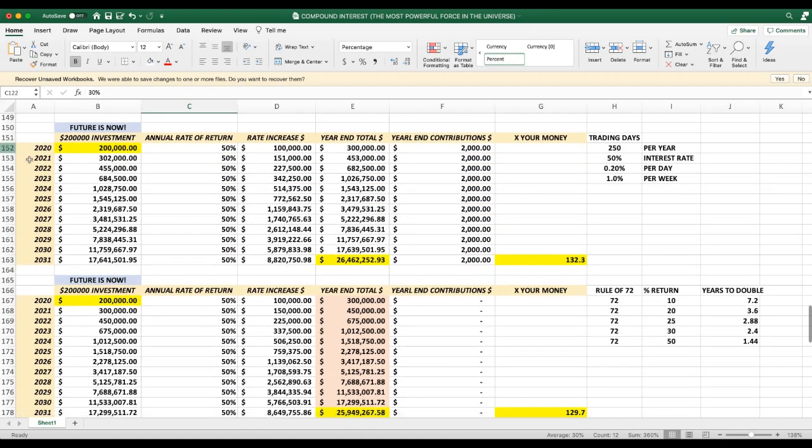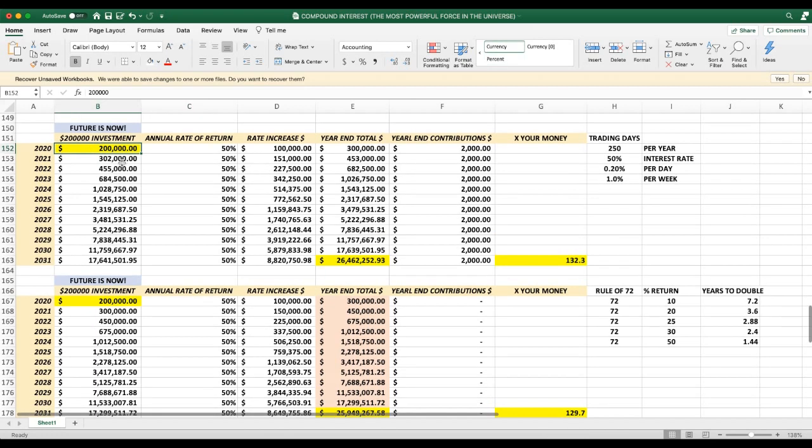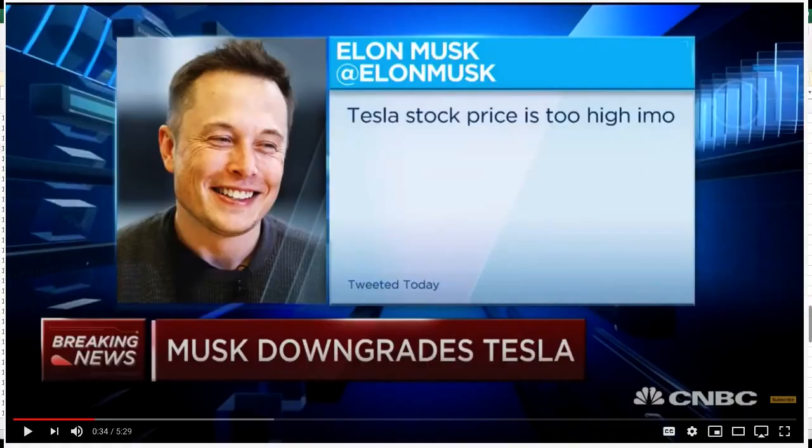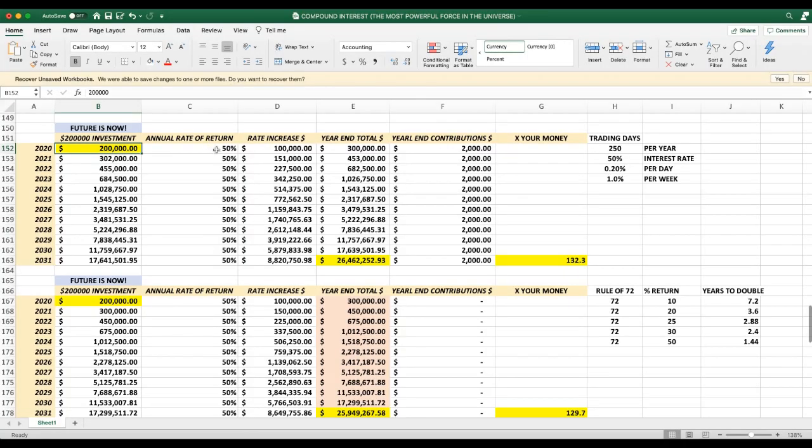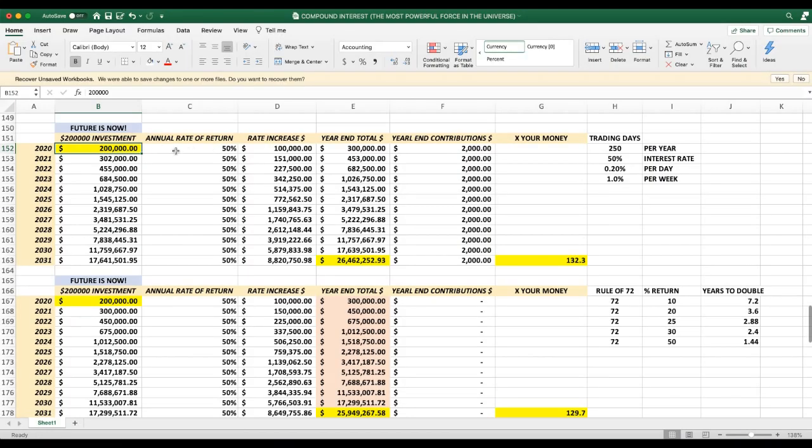So at 2020, with approximately 200,000, I'm at about 195. I've been moving money in and out, and I got hammered in the last week on Tesla issues, but not really with the Elon tweets or anything like that. It's more just not playing things properly. Anyway, at 200K with a rate of return of 50% per year, which would be 300,000, with a contribution of 2,000 a year, I've still put 2,000 a year down.